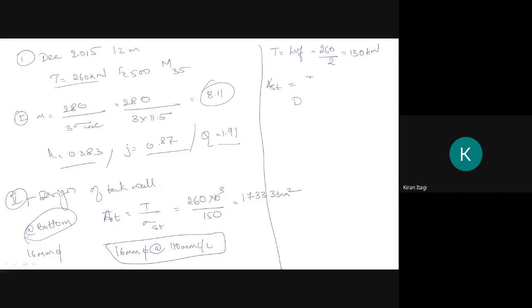AST is given by T upon sigma ST. That is 130 into 10 power 3 divided by sigma ST value, which is 150. Therefore, AST value I will get as 866.66 mm square. Okay, therefore I will provide 16 mm dia bars, with the help of 16 mm